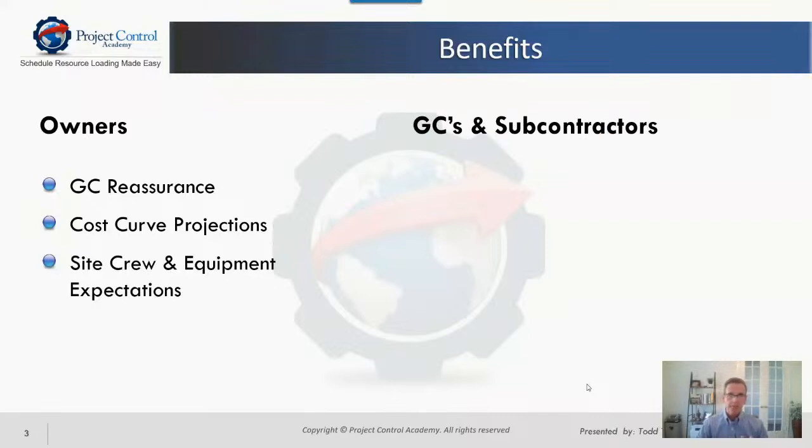So, obviously these benefits are going to vary depending on your industry and where you sit and your clients or the owners, the customers. But anyways, these are some that we've experienced and we've seen.